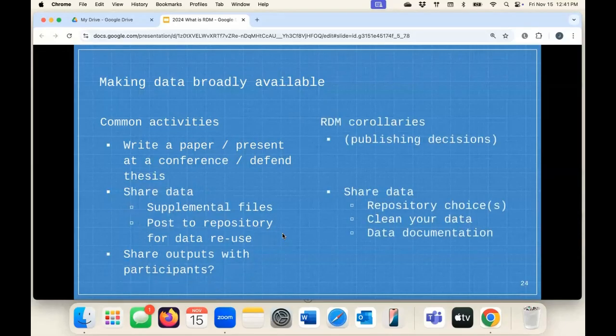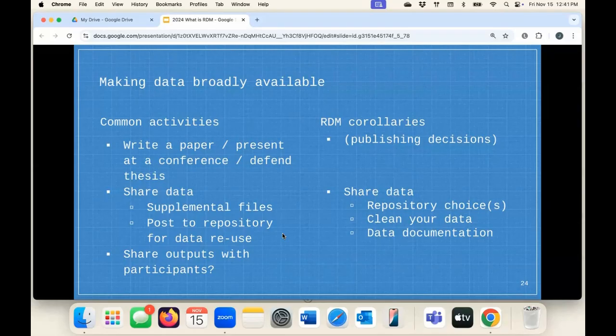When we're talking about research data management corollaries, a lot of this is about publishing decisions. So it does come into play in terms of research data management if you're focused on that open science, open access component. So if you are interested in sharing out your work as widely as possible for ethical reasons, that includes data sharing, but it also includes picking a journal that has an open access option or is fully open access. Presenting at a conference that will record your session and share it on YouTube so that you can give somebody a link, right? Those kinds of considerations run alongside.